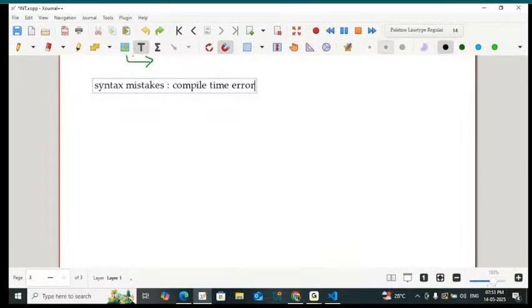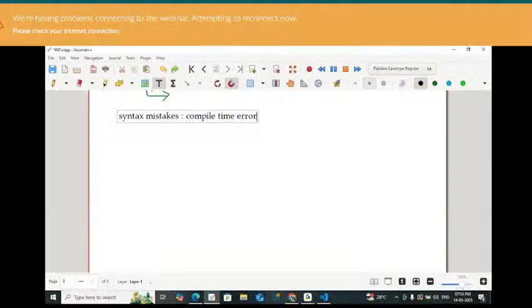you get an error. But in case of your runtime error, it is your logical mistakes. So any logical mistakes you have made, then that leads to runtime error. For example, you are trying to divide the number by 0,